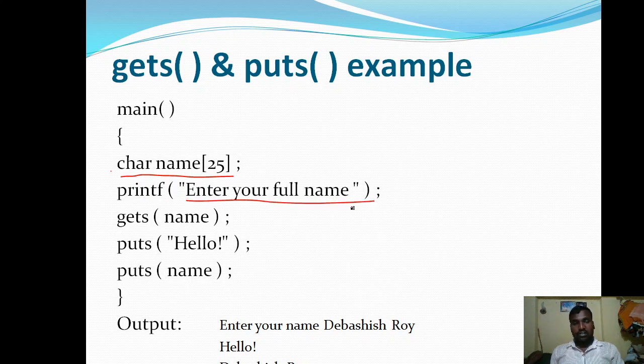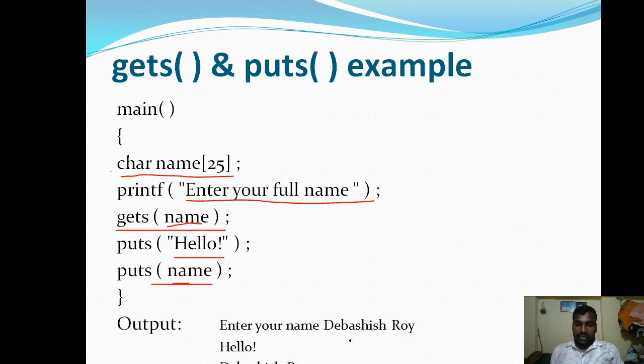Whatever input is given by the user can be read with the help of the gets function, and that will be stored in name. So gets of name: whatever you give as input will be stored in name. Then puts hello means it is going to print the message hello. Then again puts name, so whatever input was given by the user will be printed on the screen.